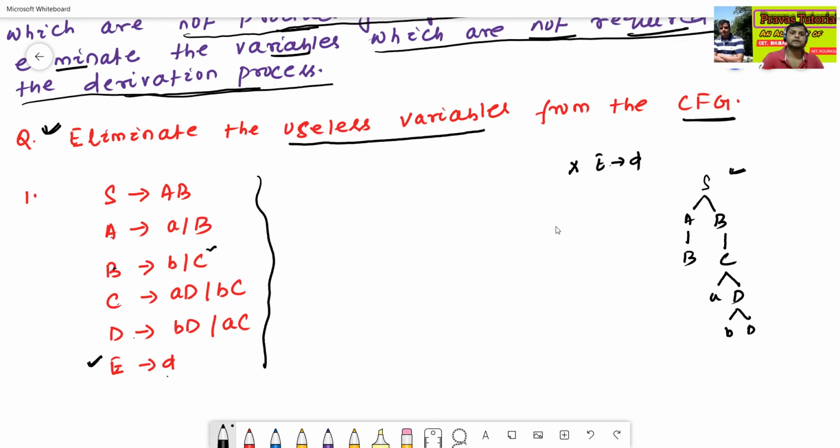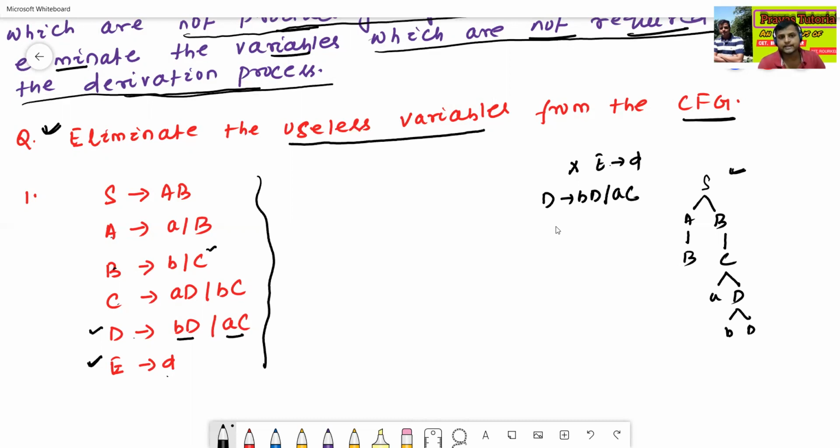Now we'll check whether there are any other useless variables present in the context-free grammar or not. Say D to BD slash AC. Is D to BD slash AC a useless variable or not?